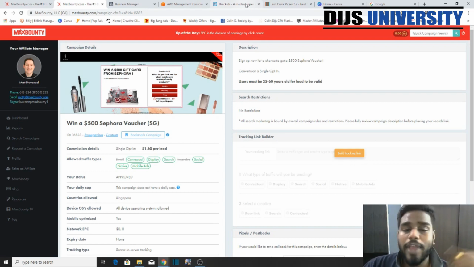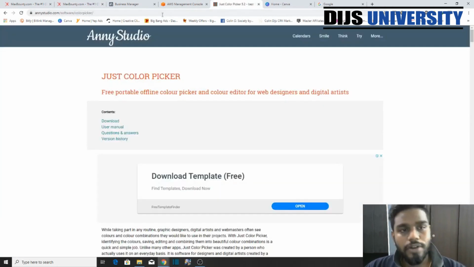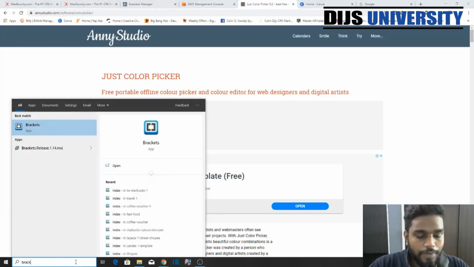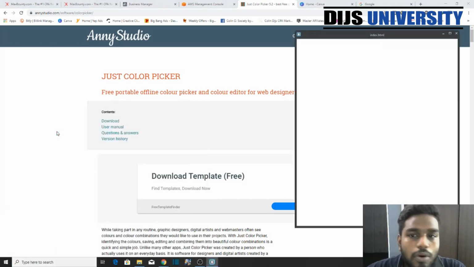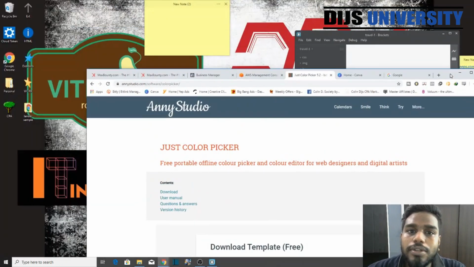So once you have gotten the template, you have to download Brackets. I have already downloaded Brackets, so I'm gonna cancel this over here. So let's go to Brackets. Once you have downloaded and installed Brackets, open Brackets, and once you have opened it, all you gotta do is